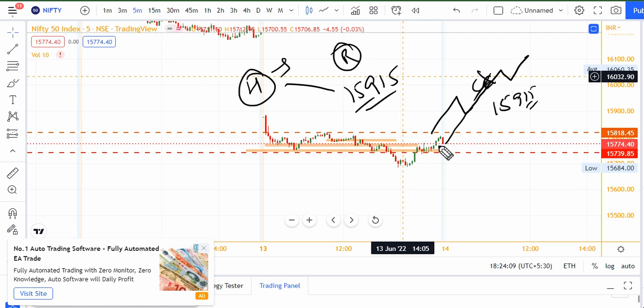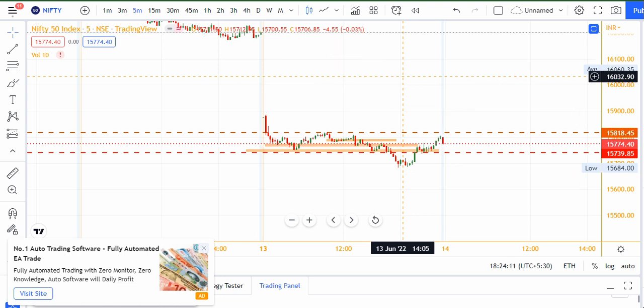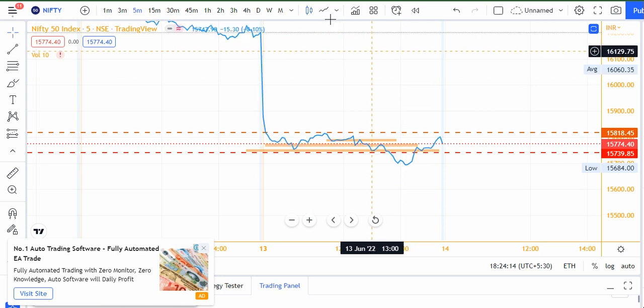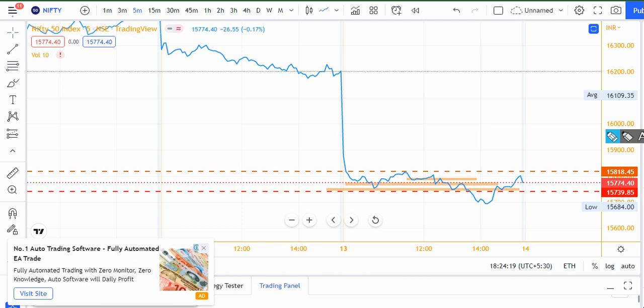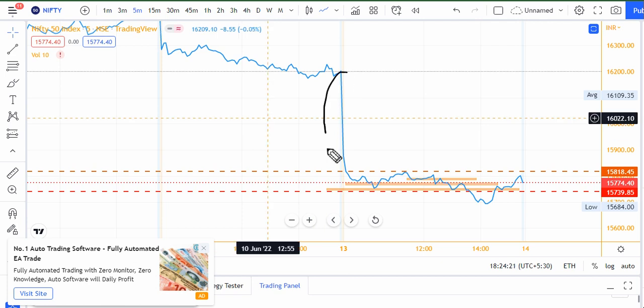There are chances that the market might cross this level. Why? Let me show you on the line graph. That is very important. You can see over here this parabolic move, which we could not see as per the gap down. You can say this is a parabolic move. The people who entered put at this level, seeing the downtrend, might start booking profits, which can eventually lead into